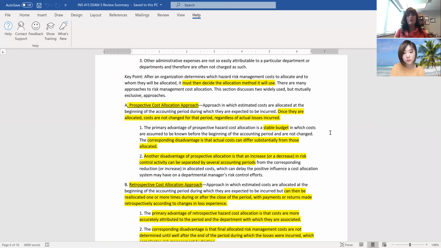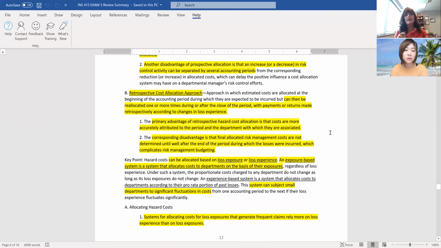However, that doesn't represent what you actually incurred. It could be more, it could be less. And you do not allocate it at any time to shore it up. It might impact future periods, but it won't hit that period. So it's a very stable budget, because you can just say, here's my amount that everybody's going to get charged. I can budget on that, and it's not going to change for this period of time. The disadvantage of that is it could be substantially different with the actual outcome. Another disadvantage of prospective is eventually what actually happened and the outcomes are going to take several accounting periods to get kind of stabilized and figured out.